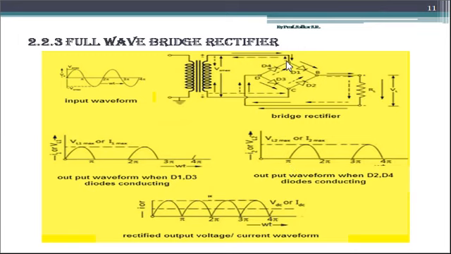So here is a circuit diagram and input output waveforms of a full wave bridge rectifier. As it is a kind of full wave rectifier, it will rectify the waveform for both the half cycles of the input signal, that is for positive half as well as for negative half. So why is it termed as bridge rectifier? Here is the circuit diagram of the bridge rectifier. Due to its construction and connections of diodes, it is termed as a bridge rectifier.